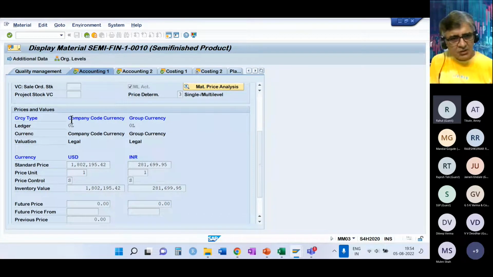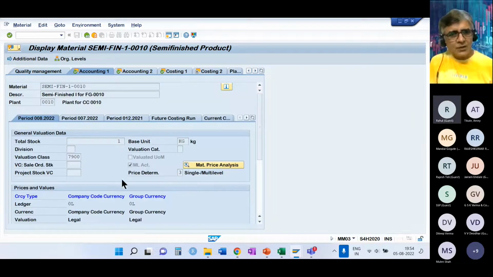You see, I have 2 currencies in which I've done the valuation. One is the group currency. Of course, the value does not look logical, but that's okay, don't feel too worried about it. What is more important is that I can see this material in different currencies. I've defined 2 currencies, but I can also have 3 different currencies in which I can see the value of my material. And then there's the material ledger.